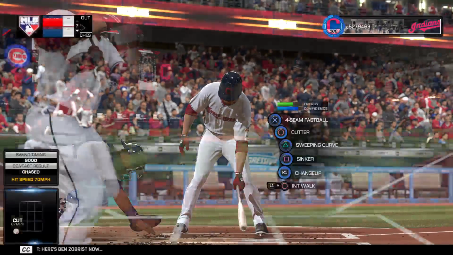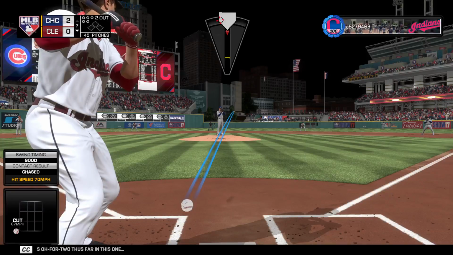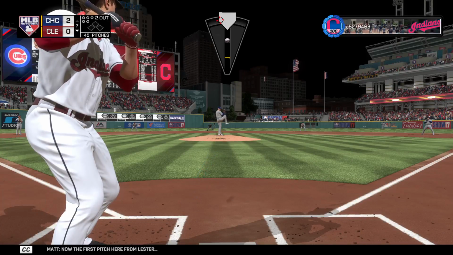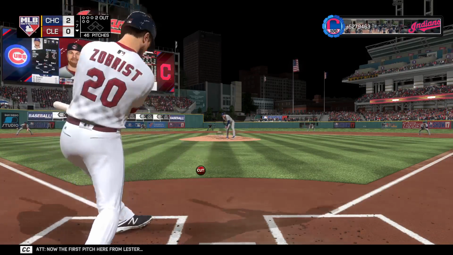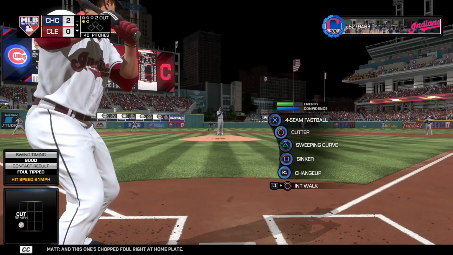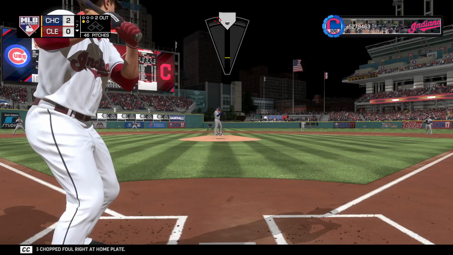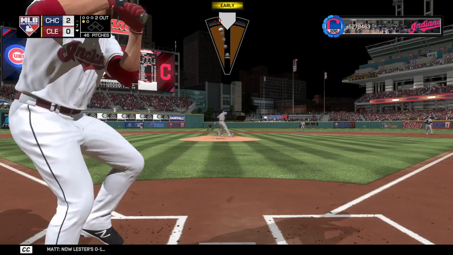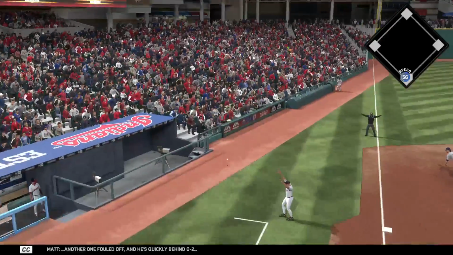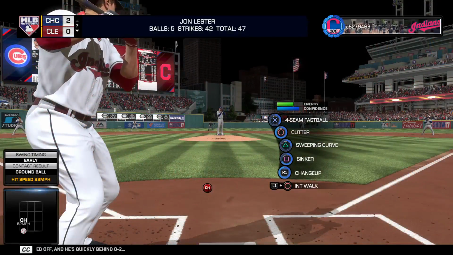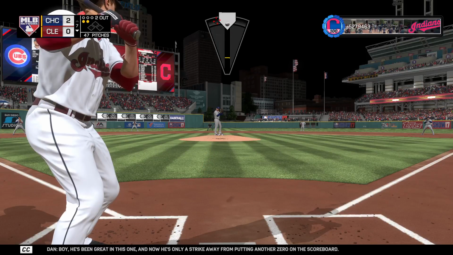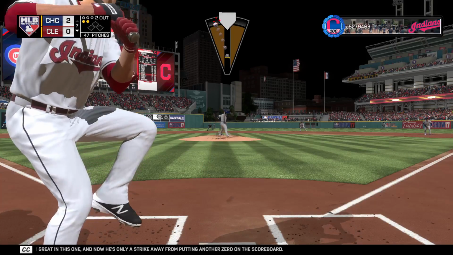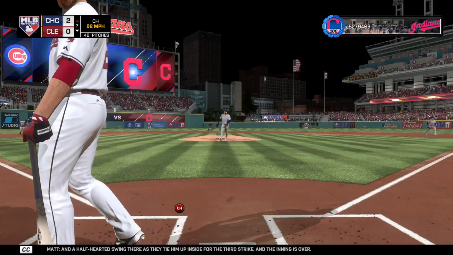Here's Ben Zobrist now. He's 0 for 2 thus far in this one. Now the first pitch here from Lester. And this one's chopped foul right at home plate. Now Lester's 0-1. Another one fouled off, and he's quickly behind 0-2. Boy, he's been great in this one. He's only 1 strike away from putting another 0 on the scoreboard. And a half-hearted swing there as they...